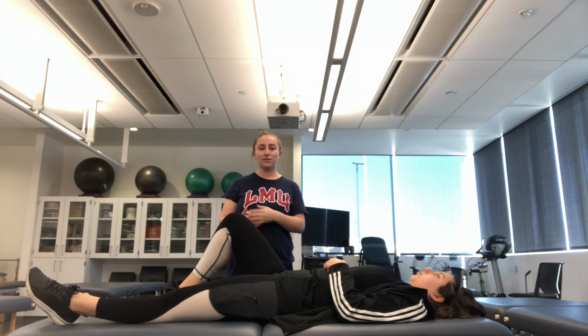So to perform this test, you're going to put the hip into 90 degrees of flexion as well as flex the knee 90 degrees, then fully adduct the hip, and then internally rotate. A positive test would be pain in the hip or a lack of end feel, as this one does test